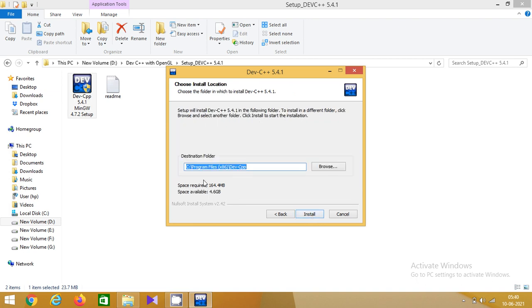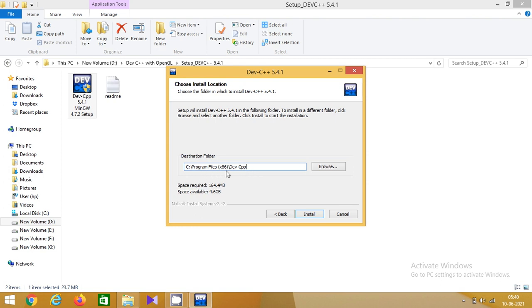By default it will take the installation path under Program Files x86 Dev-Cpp. So keep this destination folder path as it is. One thing you should note here is that Dev C++ will be installed under Program Files x86.